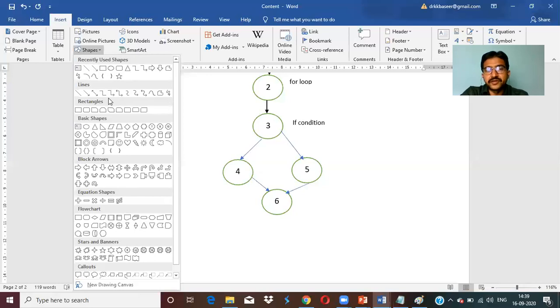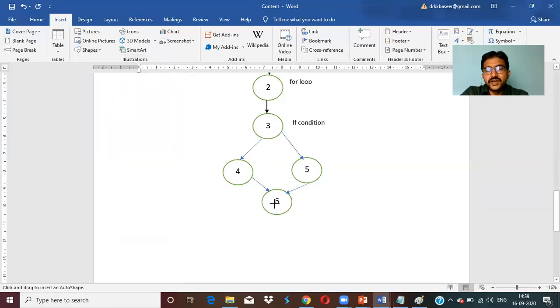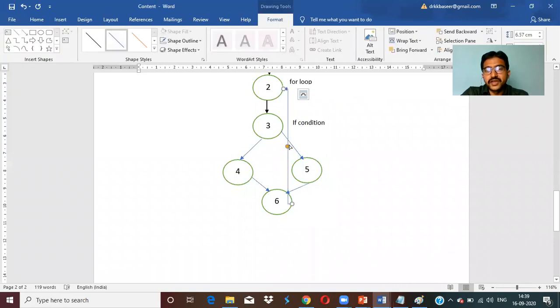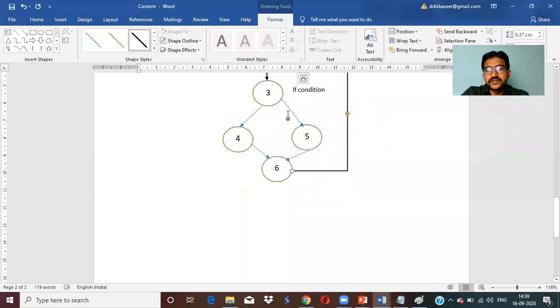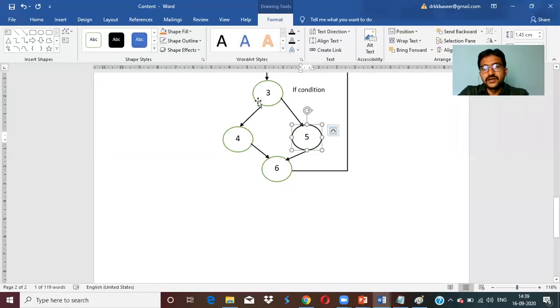You can take any type of arrows based on your requirement. This is the arrow. From here, 6 step 2, it goes to where? It goes to 2. If you want, you can elaborate like this. You can expand, and you can double click, and you can use bold, very thin type of arrow marks. You can apply here also. Function F4. I'm applying here, here, here. If you want any bold here, for this also you can use bold circles so that it will be visible in a good manner.